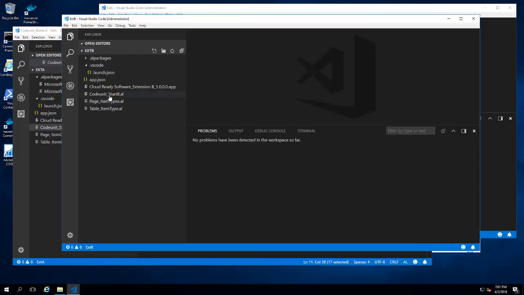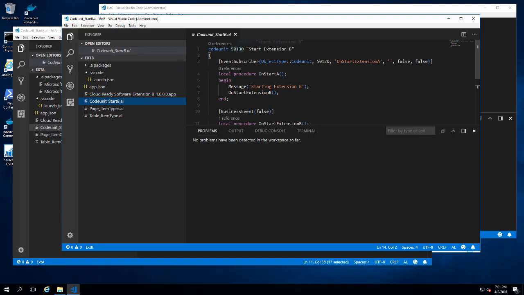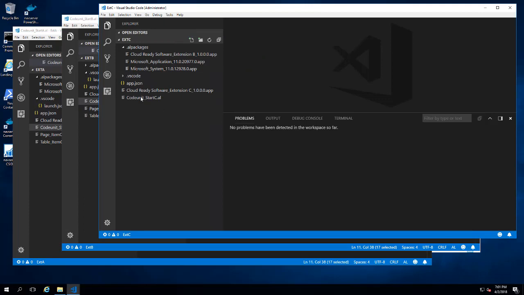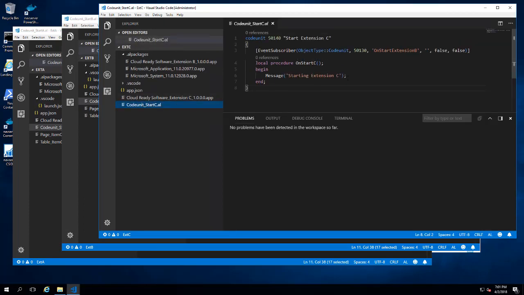Then in extension B, I have another simple codeunit, 50130. In that codeunit, I am subscribing to that OnStartExtensionA event in codeunit 50120. Again, I'm showing a simple message, starting extension B. I also publish an event, OnStartExtensionB. So you guessed it, in extension C, my codeunit says starting extension C, and I am subscribing to the OnStartExtensionB event. So you can already see the dependency, but of course I have to specify and declare this